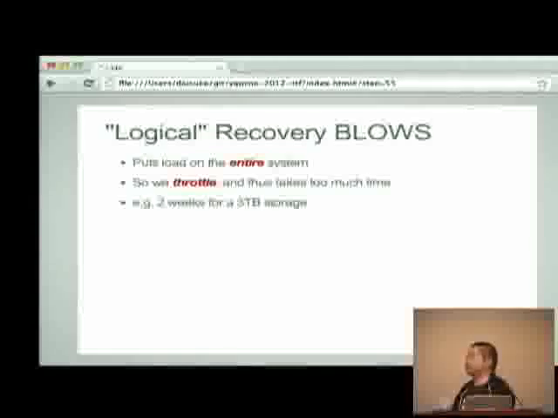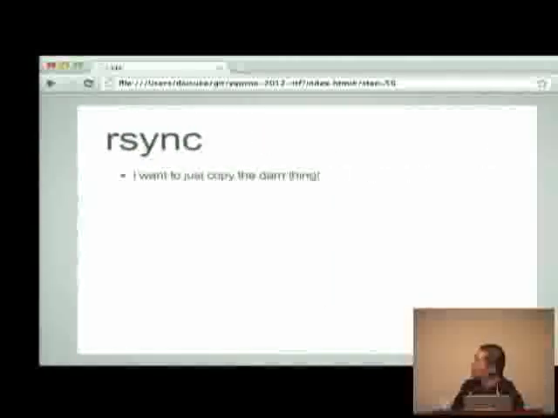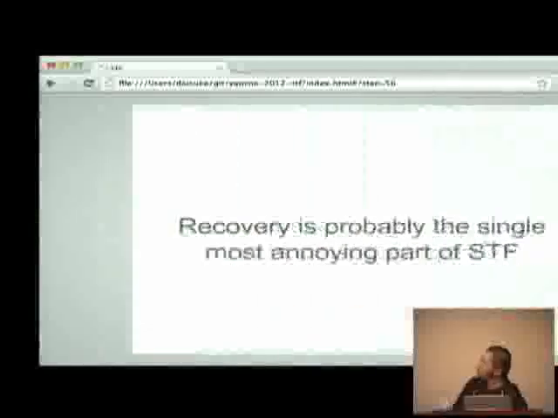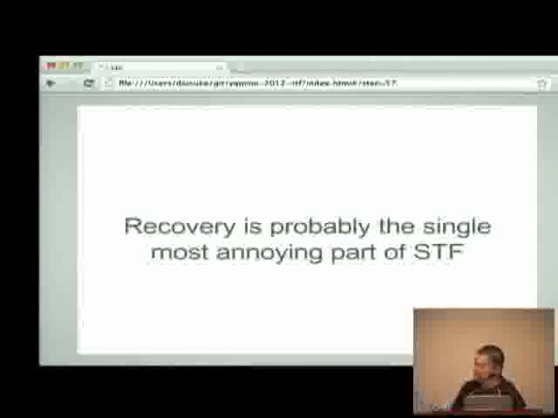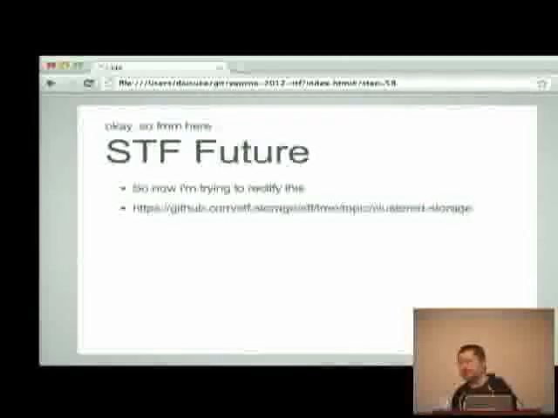But currently, it works because we have enough entities and enough time to recover. But obviously, we don't like it. We just want to rsync it if it's possible. And this is probably the single most annoying part of STF. So, I'm working to rectify it. In fact, I've rectified it. It's just not in production code, so I can't say for sure. My tests are passing, so it should be working. But anyway,